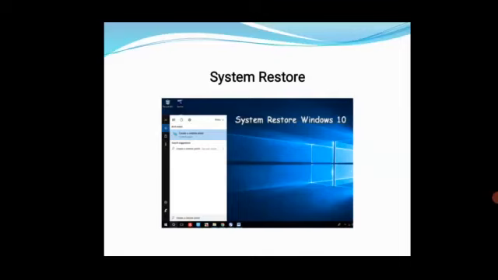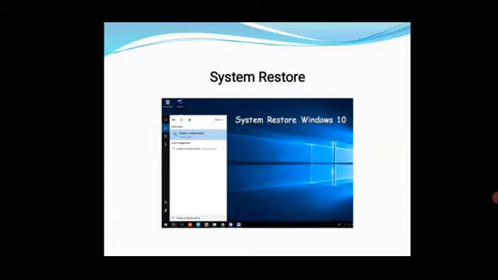For example, when you are installing any computer software, before that you create a system restore point.